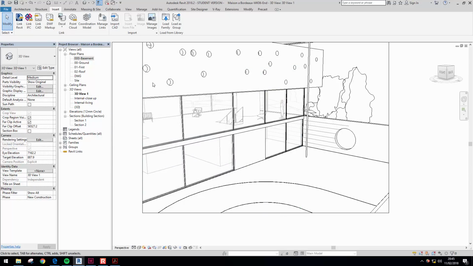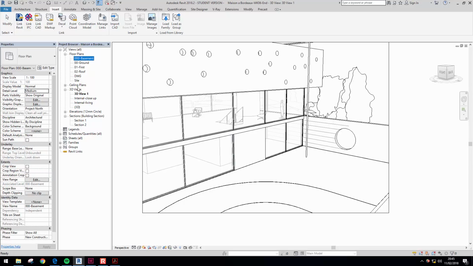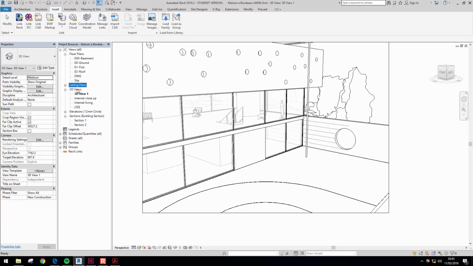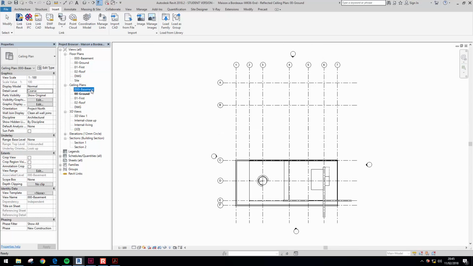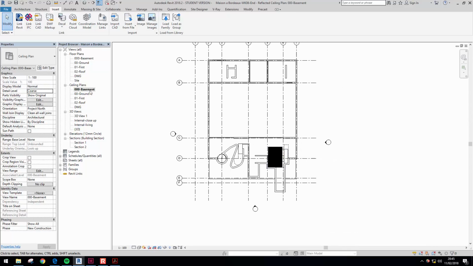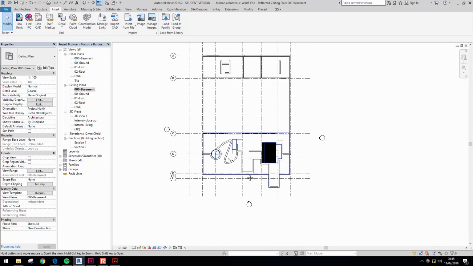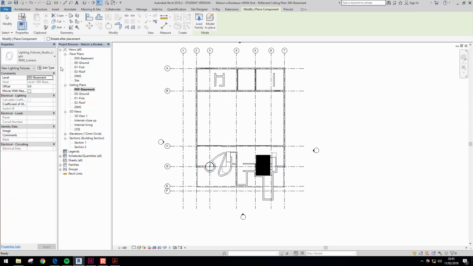Now to include them in the model, we're going to use what's called the reflected ceiling plans. So if you double expand on those, a reflected ceiling plan is the opposite to a floor plan. So with a floor plan you look downwards. With the reflected ceiling plans you're looking up at a view. So first of all, let's double click on the basement plan, and if you go architecture component, it should also automatically